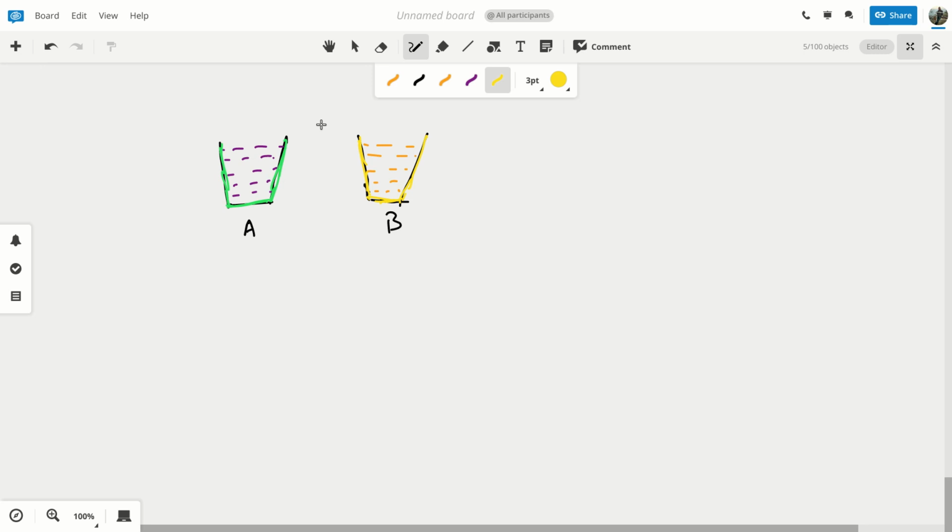What will you do so that the content of A and B are interchanged? That is, in A you have the juice of B and in B you have the soft drink of A. How will you interchange them?